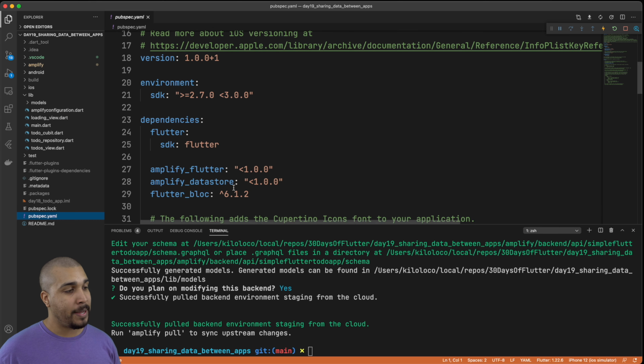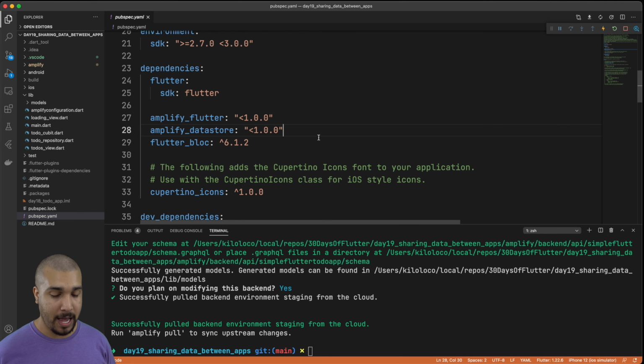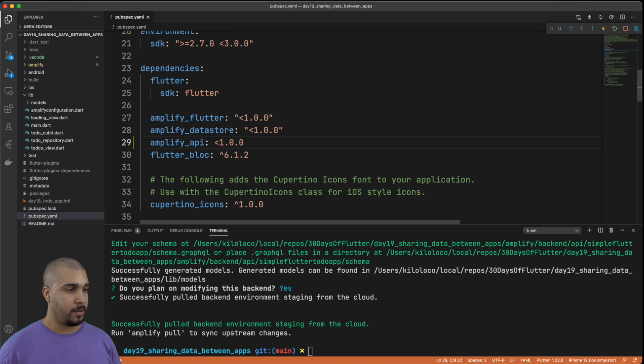So one of the dependencies that we need to add in here is Amplify API. All right, so we have Amplify API added in here. Now, Amplify API works with DataStore, right? So DataStore is the part that allows you to persist data locally, right? And then the API piece is the part that allows DataStore to communicate with the service called AWS AppSync under the hood. You don't really need to know this, but it allows it to communicate with AWS